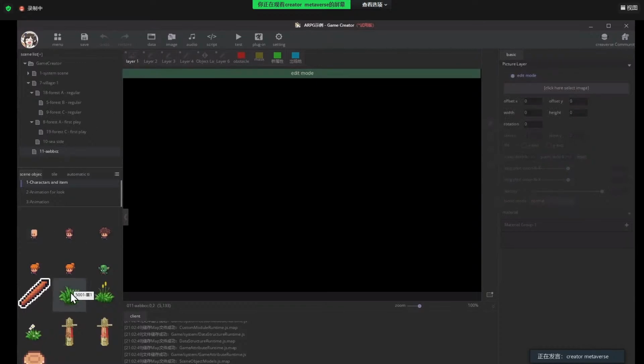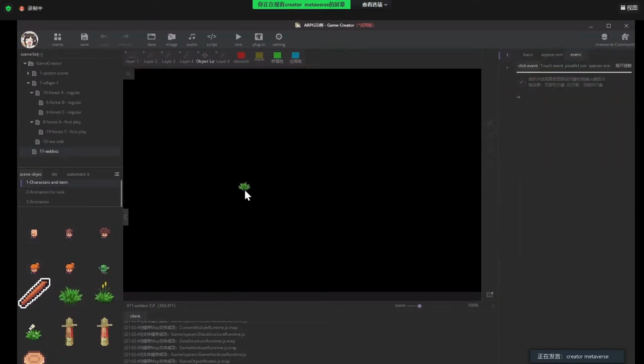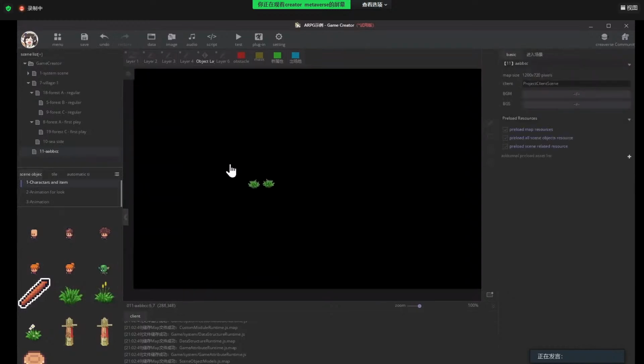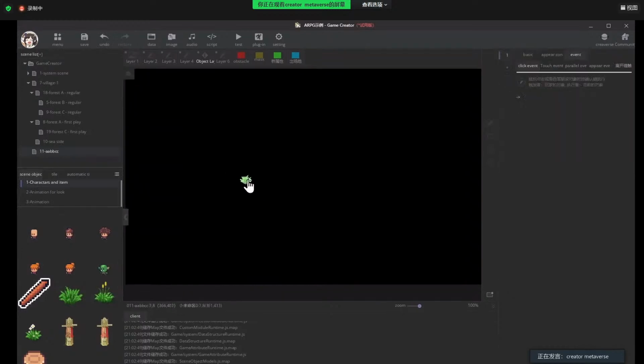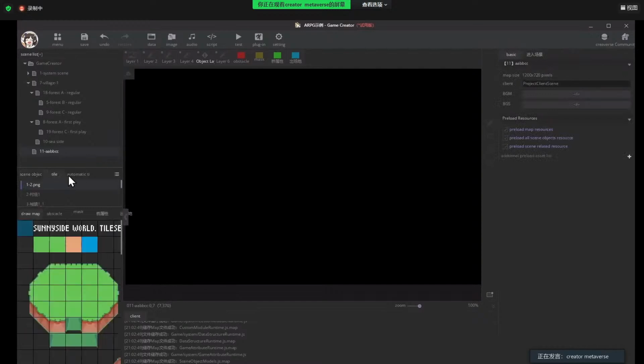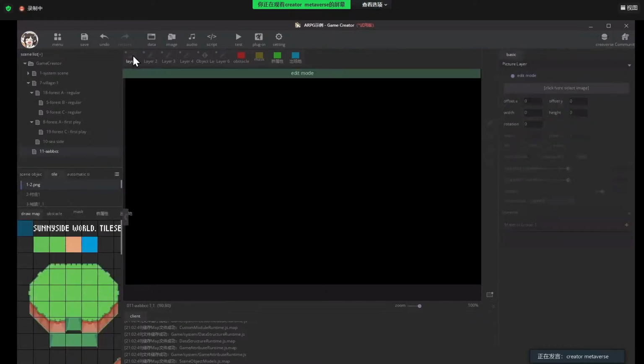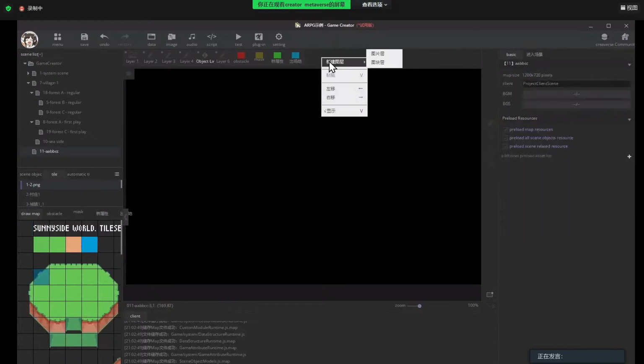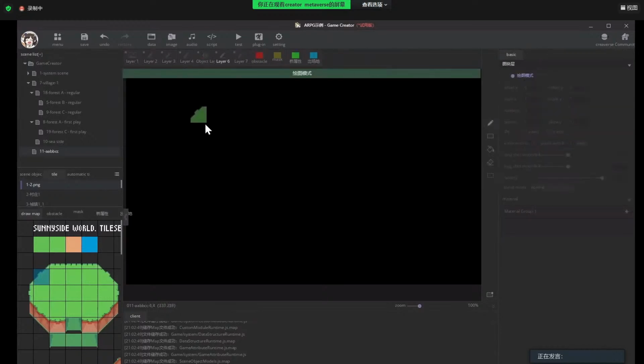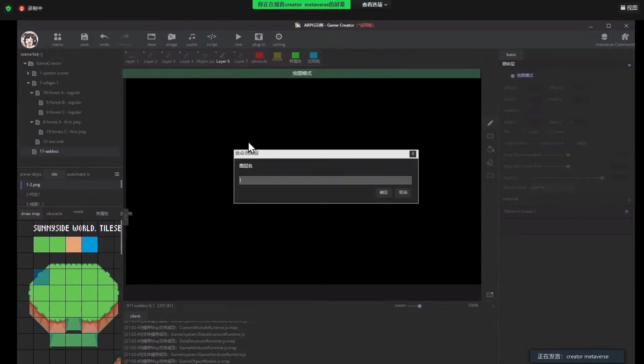And we can drag and drop these objects on object layers. Or we can remove them first. Let's draw some tile. So we can create a new block 1 layer, and we name it tile.